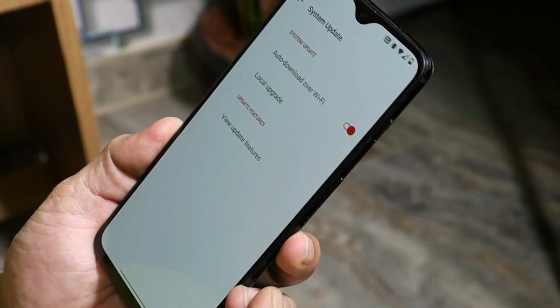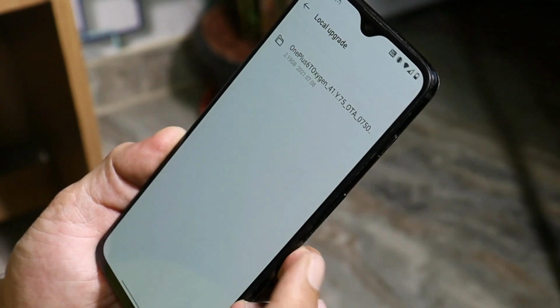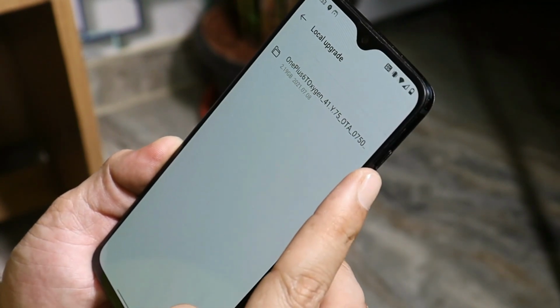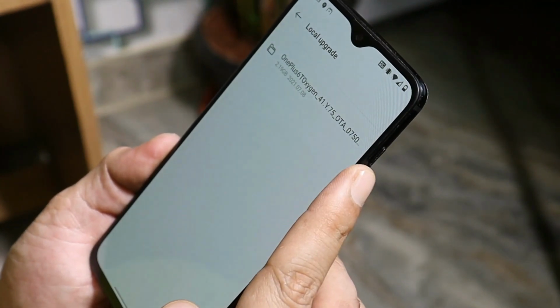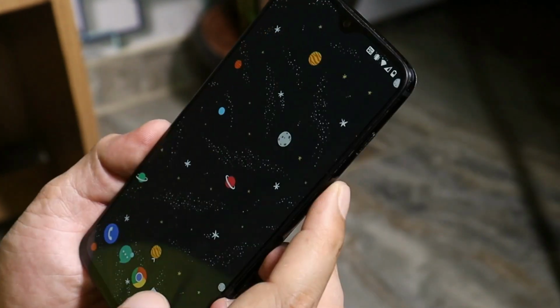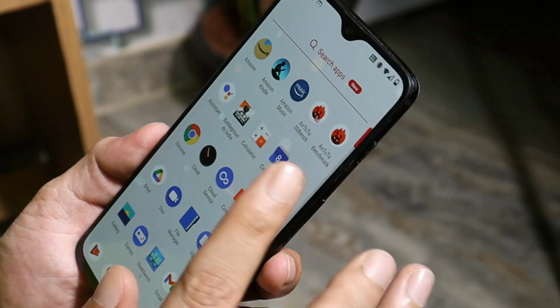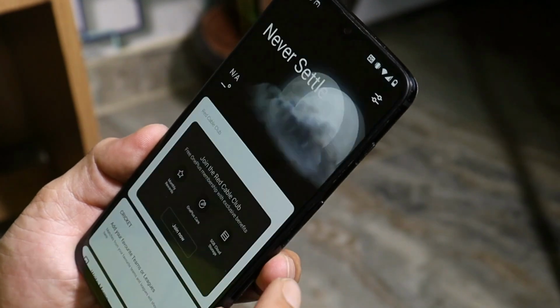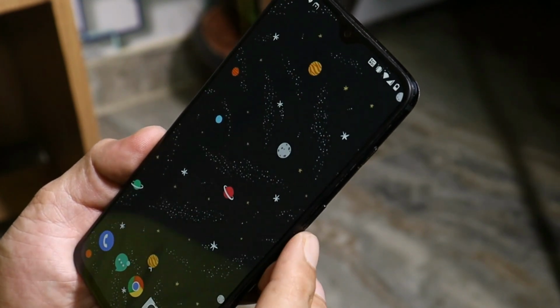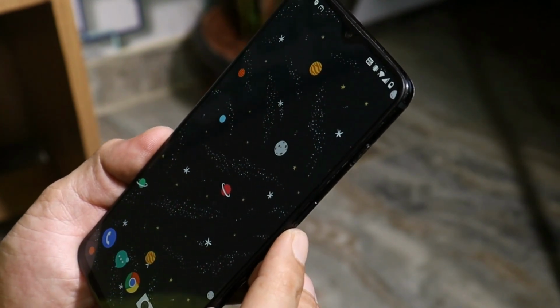Tap on this gear icon towards the right top corner, select local upgrade, and you'll be able to see the file. Also guys, migrating from stable channel to beta channel will not affect your data, and if you guys can wait for a day or two, then wait for my complete review, because I'll be using this device as my primary device and I'll update you guys about any major bugs to be seen or not.